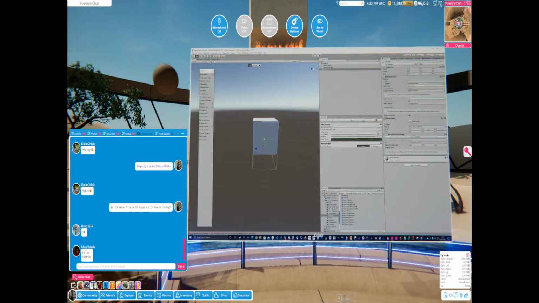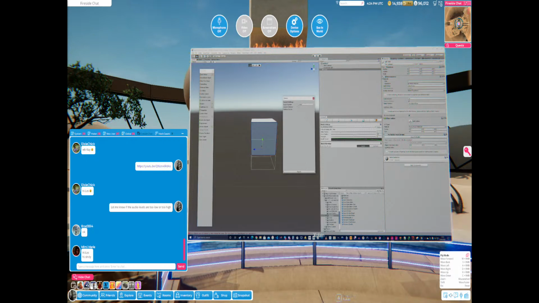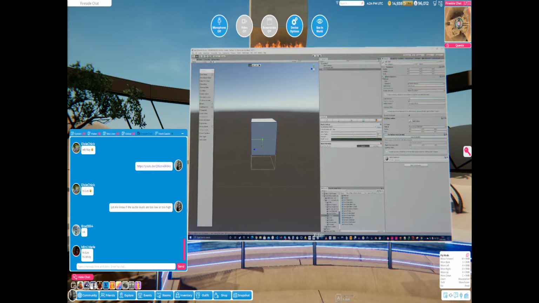So what you've got to do to actually get that object into a mesh filter is click export. I've already got my export set up to make a prefab, but you can actually make it make OBJ, STL, PLY, asset, or even FBX if you've got the FBX exporter installed. But I'm just going to go for prefab now. So I'll just hit export, and that'll ask me where I want to put it. I'm going to put it in Prefabs for now. Save it there,